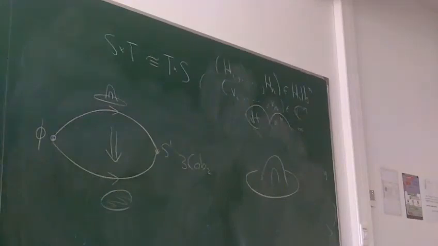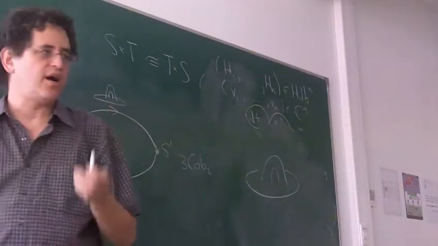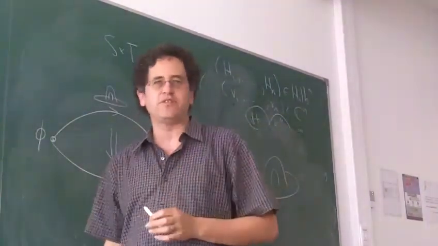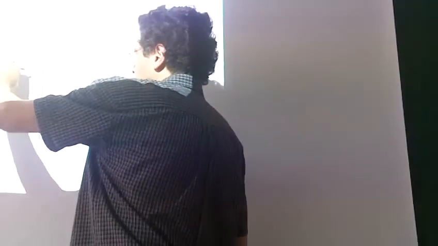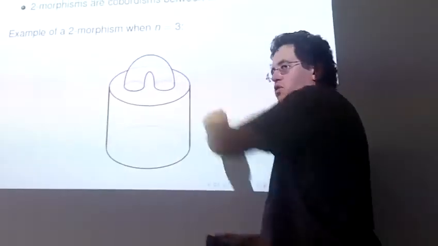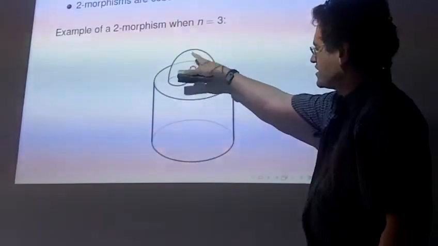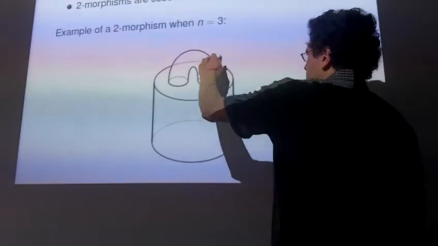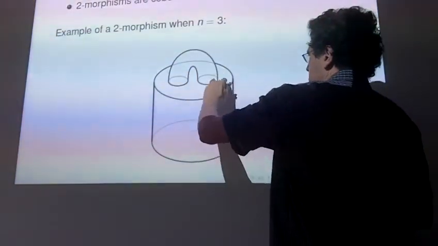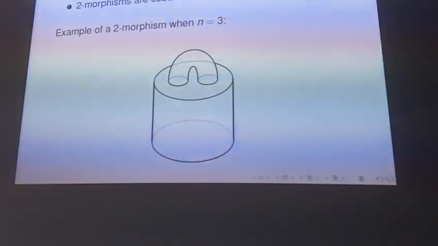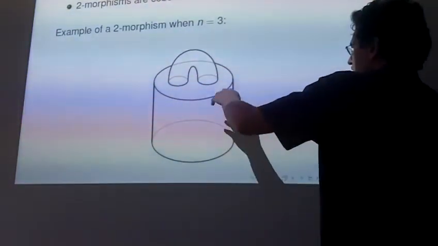So this would be the kind of thing you might draw if you were studying physics of a simple universe that had three-dimensional space-time. So space is two-dimensional in this picture, and space, for example, started out having a wormhole in it. Physicists have nice names for everything. This handle would be called a wormhole. It would be a way of getting from some portion of space over to another portion of space by going through a magical tunnel. And then at the end of the day, the wormhole has disappeared. It's not there anymore.